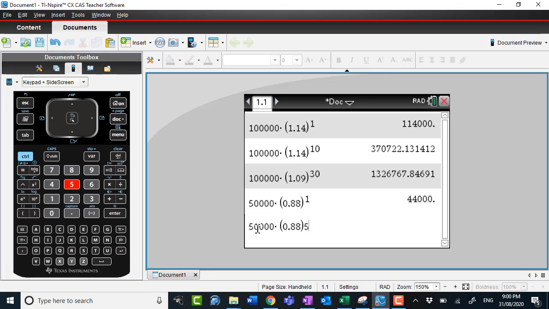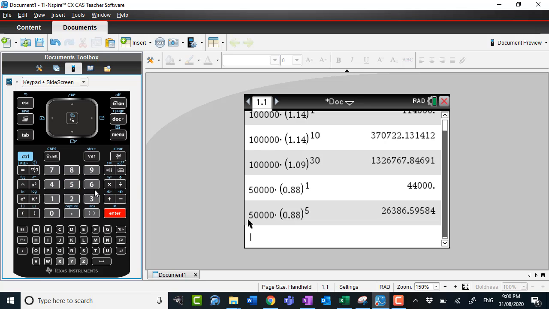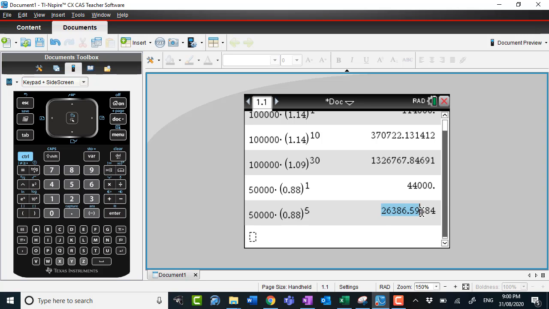years? Okay, that's going to be to the power of 5, and it's almost halved in 5 years. All right, so once again, that compounding going the other way. At the moment we're talking about a virus, which can actually go down pretty quick if that growth factor is under 1. All right, so it can go down really quite fast. So as you can see, it's almost halved in 5 years with a compounding rate of 12% decay